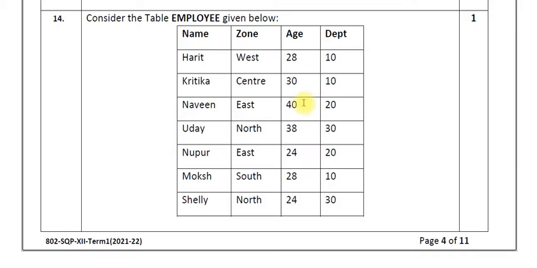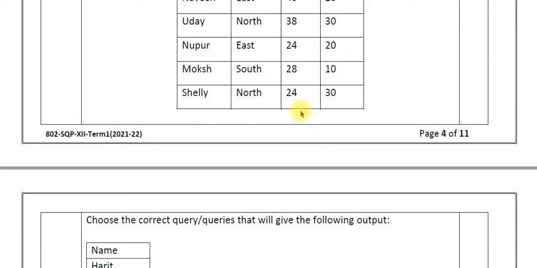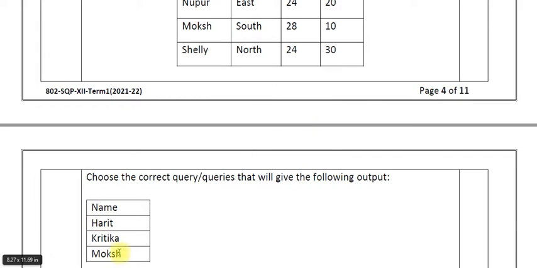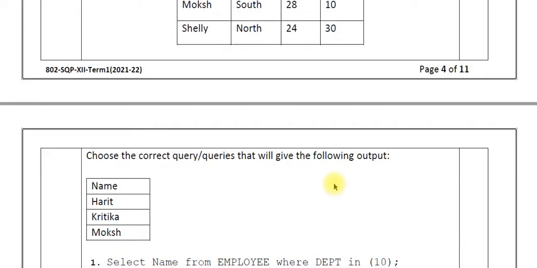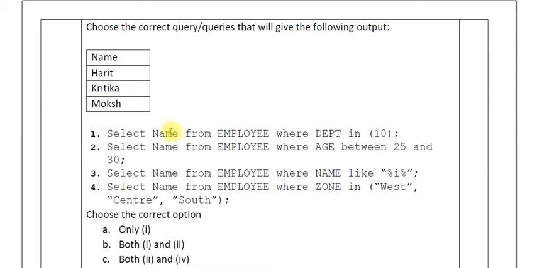What is the common thing that Harit, Kritika and Moksh are having? So let's check. Harit, West Zone, 28 age, 10 department. Kritika, West Zone, 28, department 10. And Moksh, same thing, Zone West, age 28, department 10. Now anything other than 10 means they are different departments. So as we can see, anything related with department, select name from employee where department in 10. So this is going to be the answer, maybe the only answer.